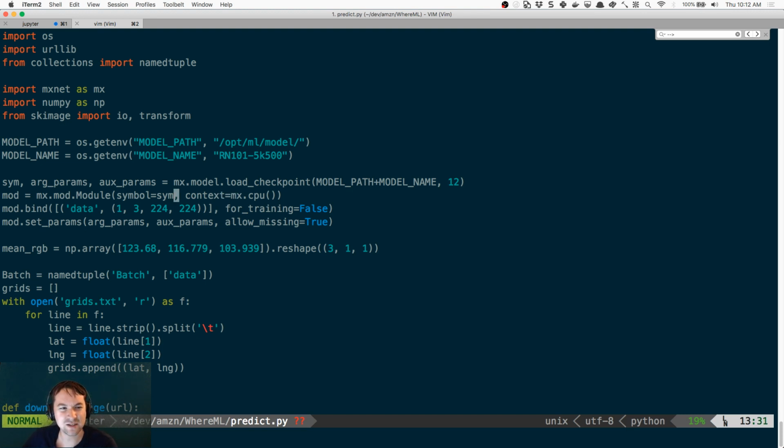Now, there's really no reason to use a GPU in this case, because while we could use a GPU for training, the cost of sending one image over to the GPU, so it comes in over the network, it goes to RAM, and then it goes into the GPU unless you have SNI bypass,